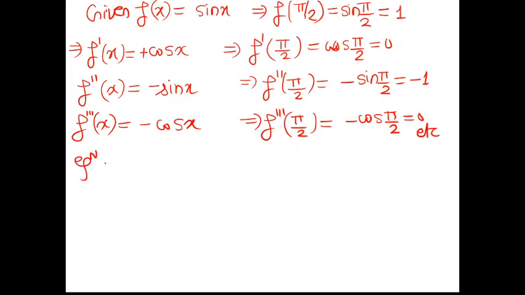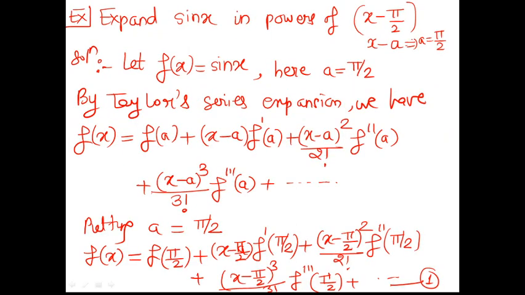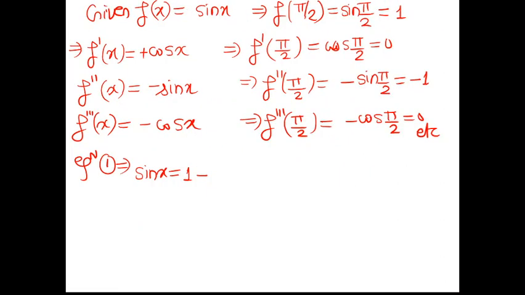Now put all these values in equation 1. So equation 1 implies f of x, which was sin x, is equal to f of pi by 2, which is 1, plus, as per the series expansion here, x minus pi by 2 into f dash of pi by 2, which is 0, plus x minus pi by 2 whole square upon 2 factorial